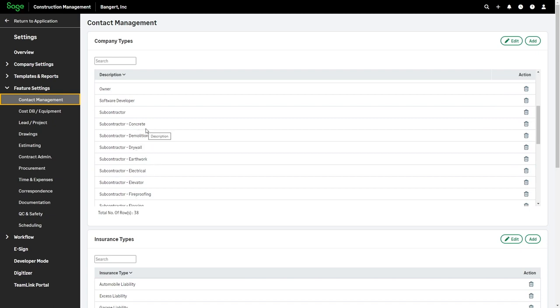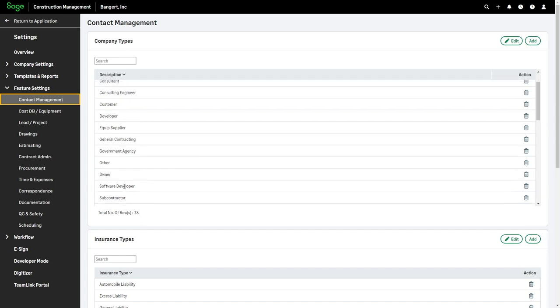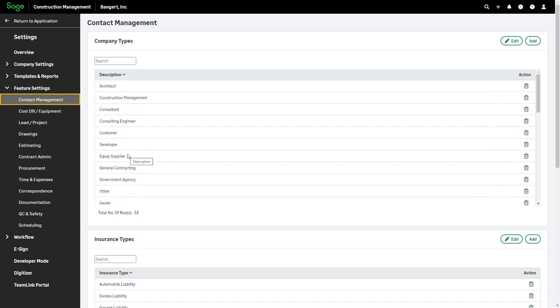In my types, I don't want to get into what trades they do yet. There'll be another topic that I'll get into at the end of this recording where we'll talk about coding these to different types of cost codes and things like that. So when I'm doing invitations to bid or requests for price proposals and things like that, I can use that to filter to go find, hey, I want to find the electrical contractors or masonry contractors and those types of things. But in here, I probably wouldn't do the detail. I'm probably looking more for something like subcontractors and suppliers and employees or other things of that nature. More on the very generic level.